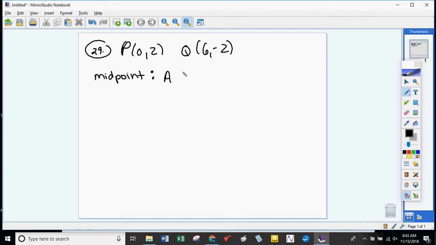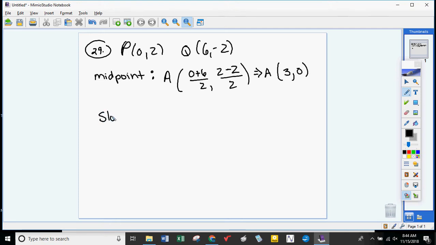I'm going to call that point A, is to add the x coordinates and divide by 2, add the y coordinates and divide by 2. So my midpoint is going to be 3, 0. Now that I know my midpoint, in order to find the equation of the perpendicular bisector, I need